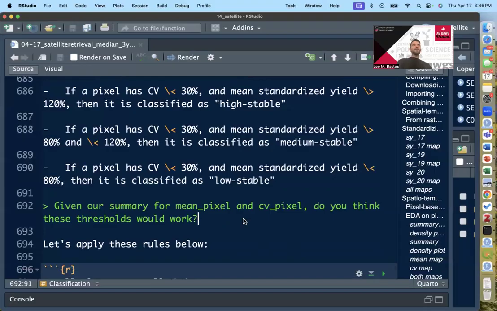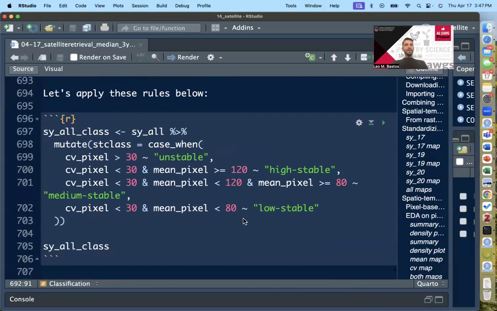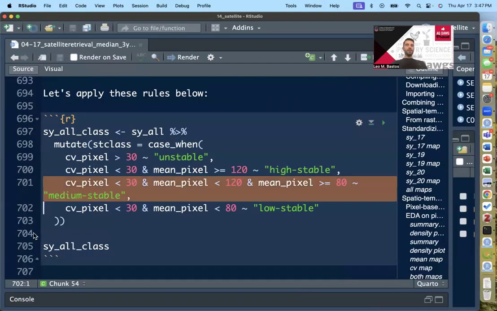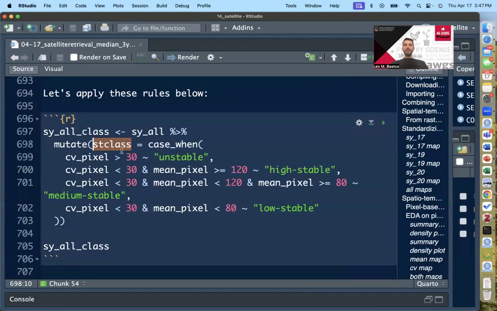And I posed this question here, which I think we just answered, but given the summary that we got from mean pixel and CV pixel, do you think these thresholds would work for these data sets? I hope you have already got to the conclusion that probably not. But anyways, I left you the code here, the same code as we use for yield, to actually apply those classifications using case when. We have each one of the conditions, and then we're just assigning that to this column, ST class. So if you go ahead and run this,